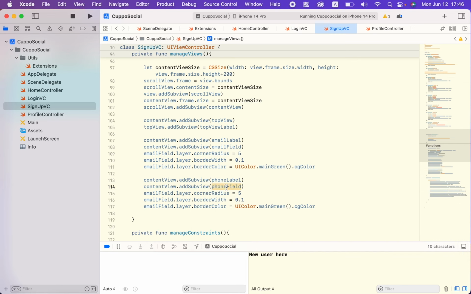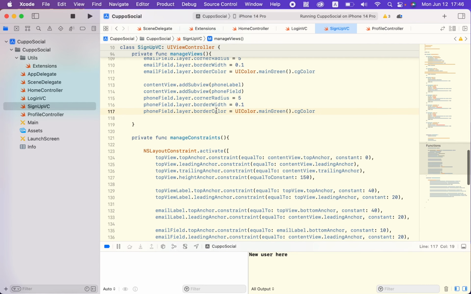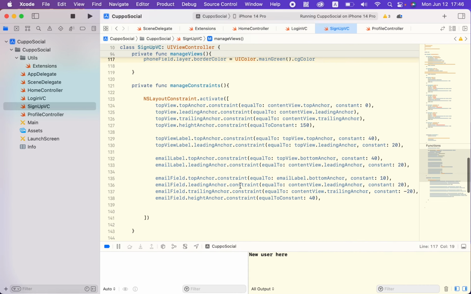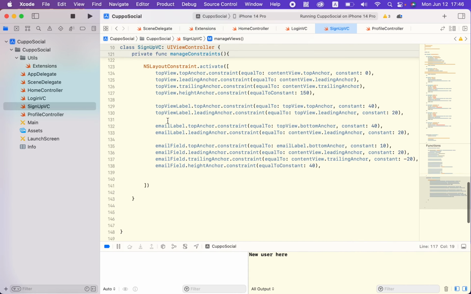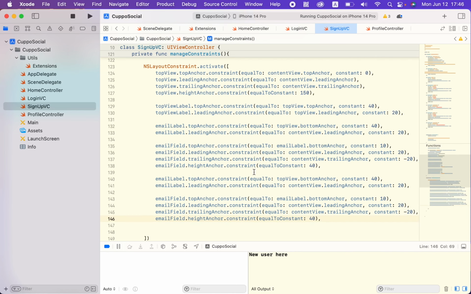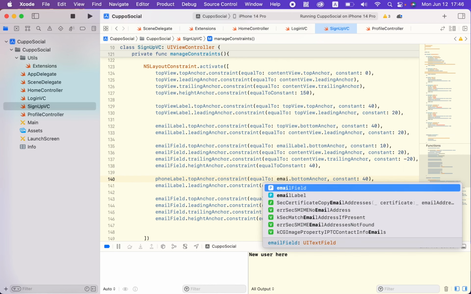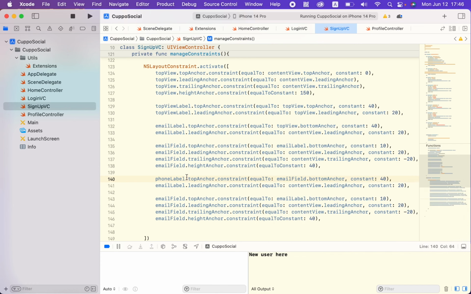And then I need to fix these. So I've added now that phone label and that phone field. And then I will copy this as well and just do the same changes. So I'll say phone label top anchor constraint to the bottom of, now it's the bottom of this email field, and then